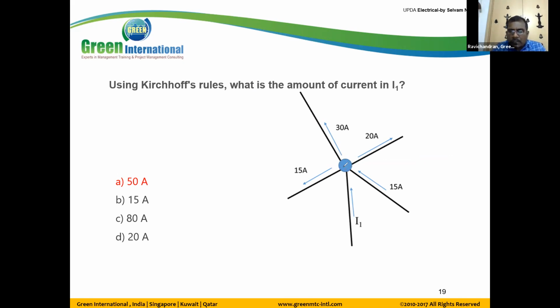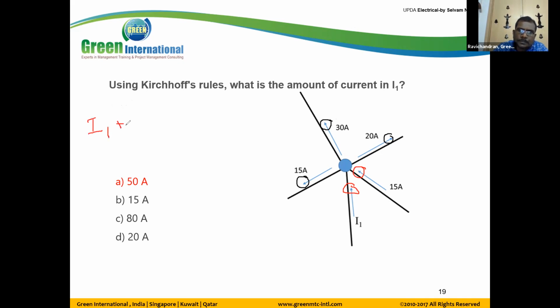So this node, these currents are entered to the node, and these currents are leaving from the node. So from Kirchhoff's current law, the current that enters the node is equal to the current that leaves the node. So current enters the node I1